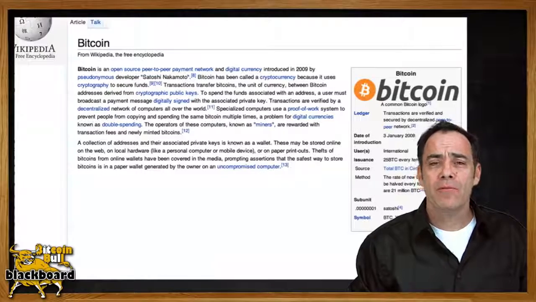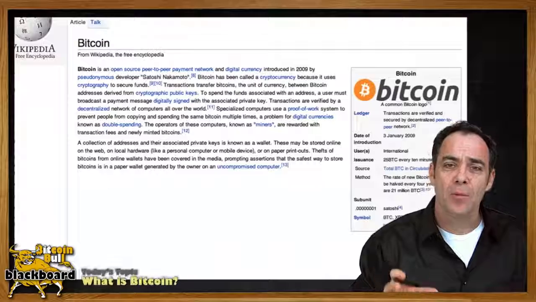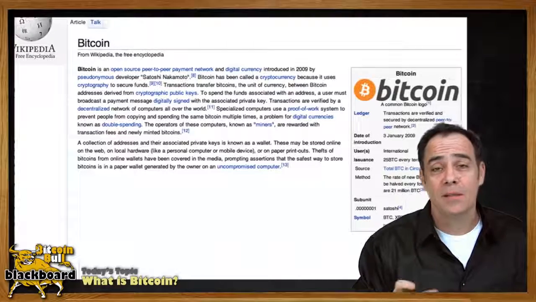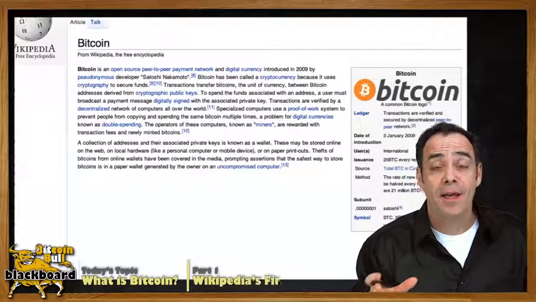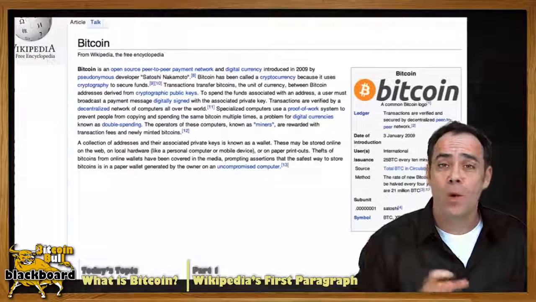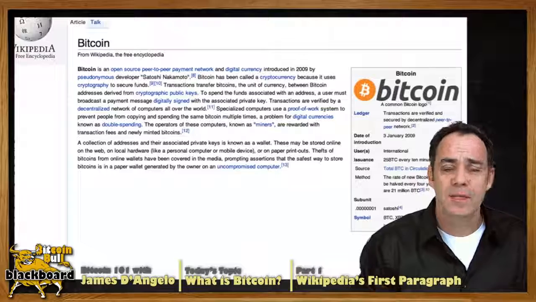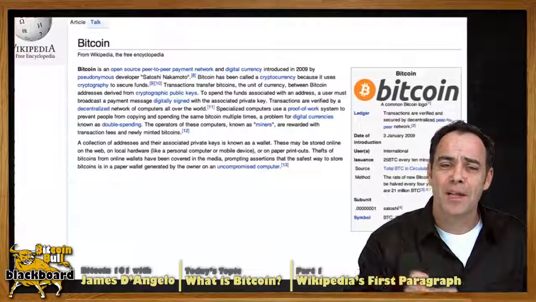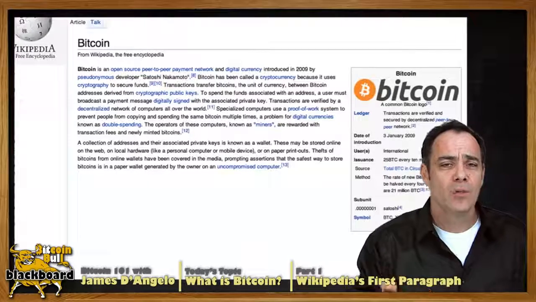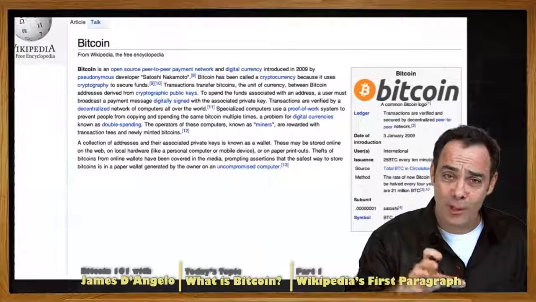If you're like me, one of the first encounters that you had with Bitcoin brought you immediately to the Wikipedia page. And again, if you're like me, you ran into a whole mess of confusion. In fact, trying to understand Bitcoin right at the beginning is so confusing that it leaves a lot of people pretty cold. So what we're going to try and do is take a look at this first